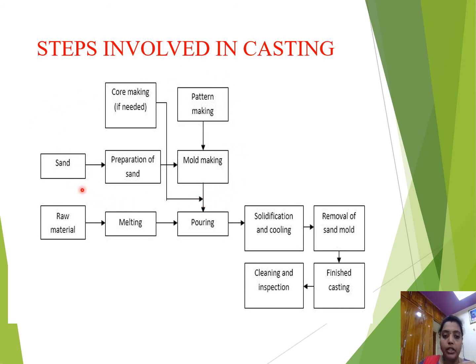Here we want to make first one sand. After that core. Hollow objects means we want to make cores. After that pattern making. By using these three only we will make mold. Okay. Now let us enter into the manufacturing process. What will the industry do? First of all, they will take raw materials according to the required object. Okay. That raw materials are first melted. After the melting process, what will they do? They will pour that molten metal into the mold cavity.